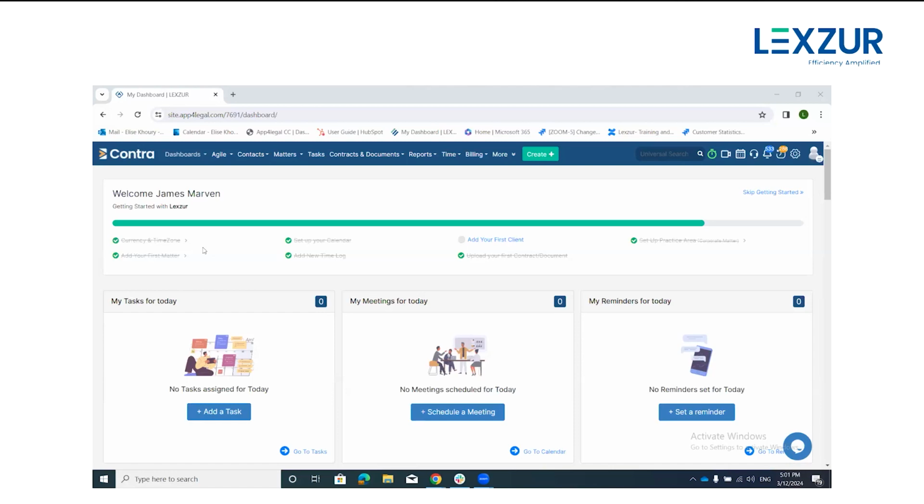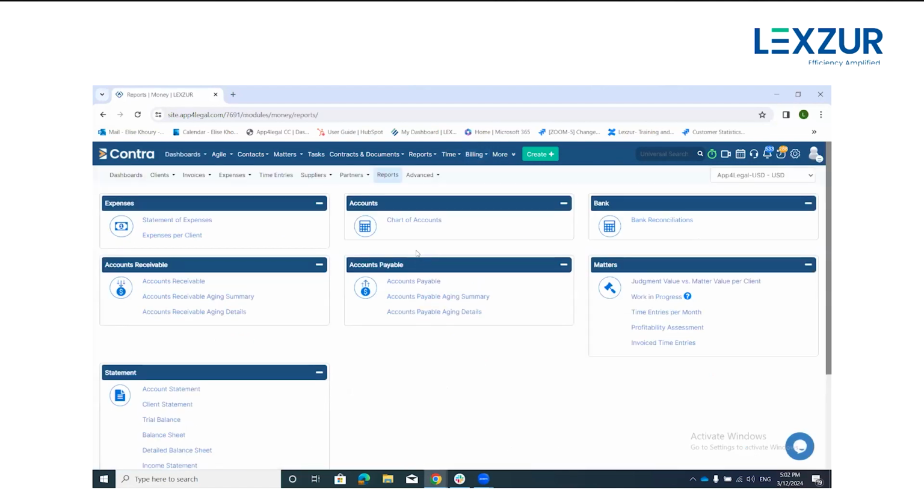So to be able to generate reports in the system, first of all, you should have access to the billing module. Only the accountant and the administrator in the system will have access to these reports. Now, to be able to generate billing reports, you should click on the billing from the main menu. If you click on the reports, you will be redirected to a page where you can access all the reports